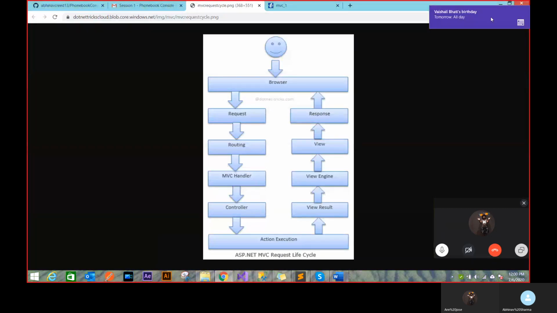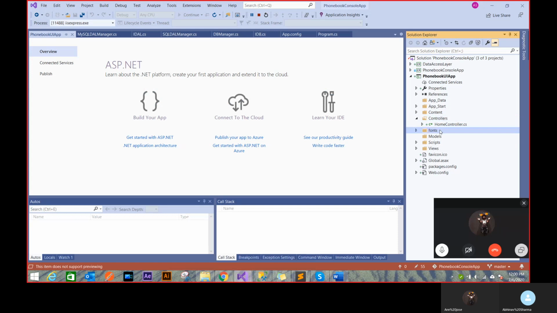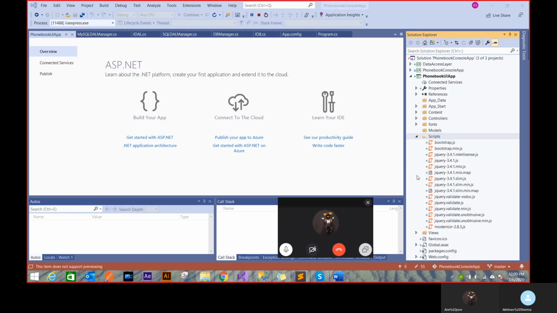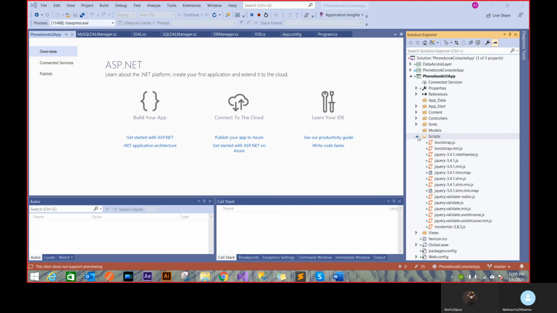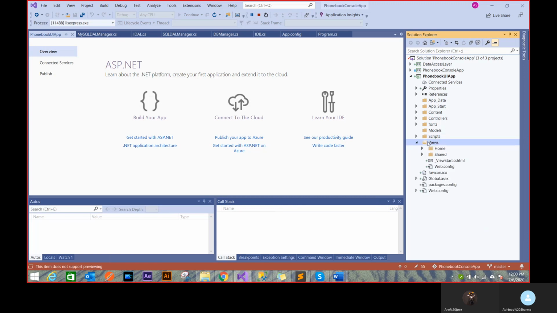And then we will have fonts, which is again just for the UI side. The models will be all the classes that I want to use. Script will be all the JavaScript. You see, automatically they pre-filled us with some jQuery and Bootstrap, but we'll be looking more at this in the single page application. So right now I don't really care about scripts. And last is the views.